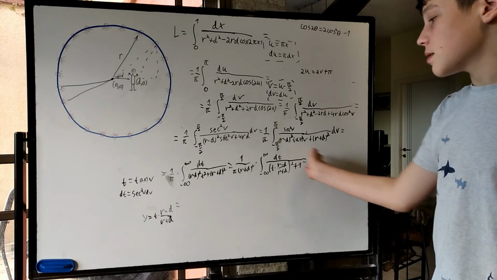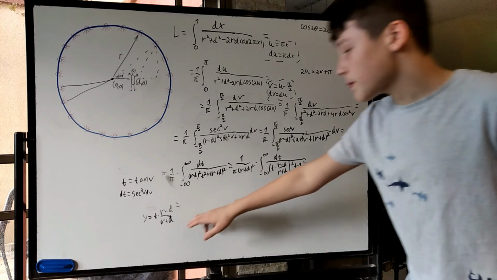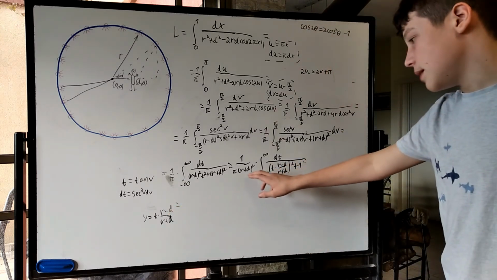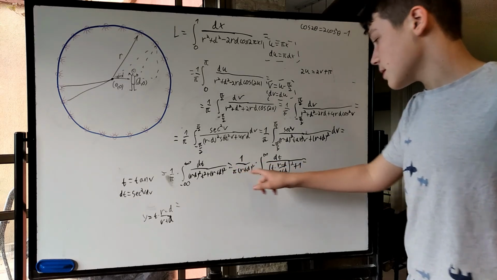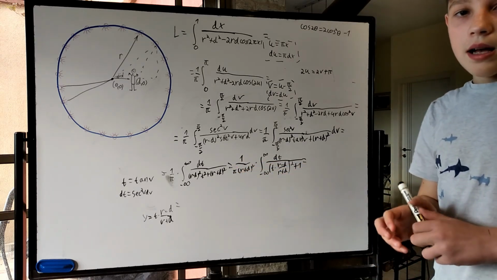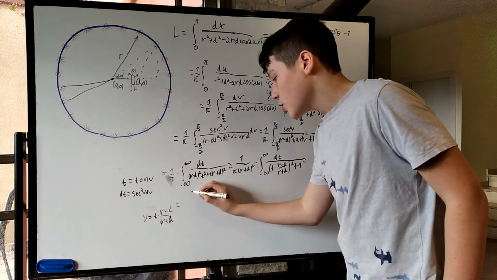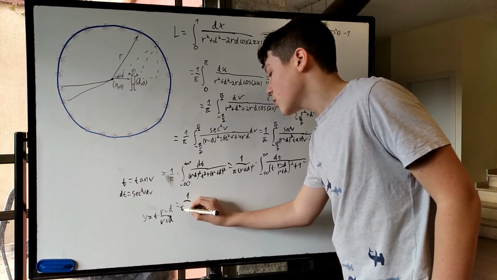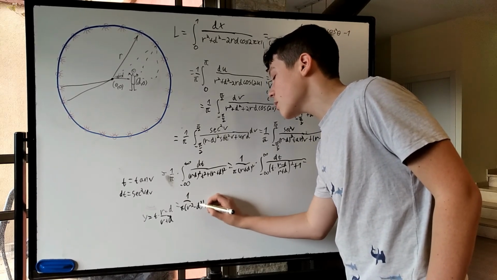And because it's a constant, I'll just take it out of the integral, so r plus d over r minus d, and then times 1 over pi times r plus d squared. I'll let you look a bit through that, but you should get 1 over pi times parentheses r squared minus d squared